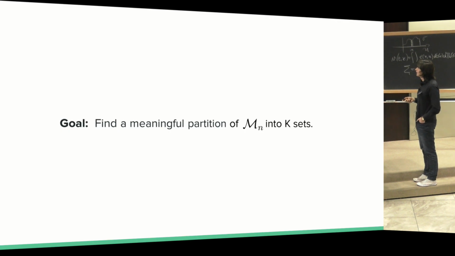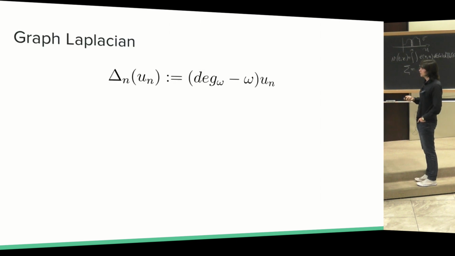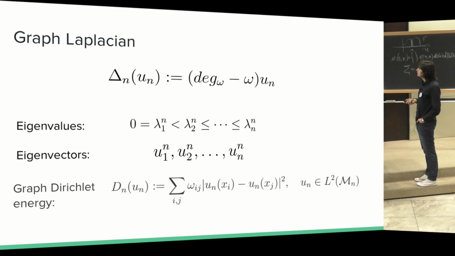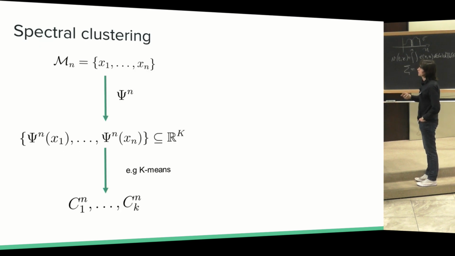I'm going to show you now another example in clustering. So now let's forget about graph cuts. Let me now look into a similar problem. Now suppose that we're going to do a partition into k sets, not just two. So traditionally, in the graph-based approach, what people do is use the graph Laplacian. So the graph Laplacian would be a matrix that looks something like this. It has its eigenvalues, eigenvectors. It's a symmetric, positive semi-definite matrix. It has a Dirichlet energy associated to it. And then you can define this spectral clustering algorithm that goes like this. You have your data set. You find the first k